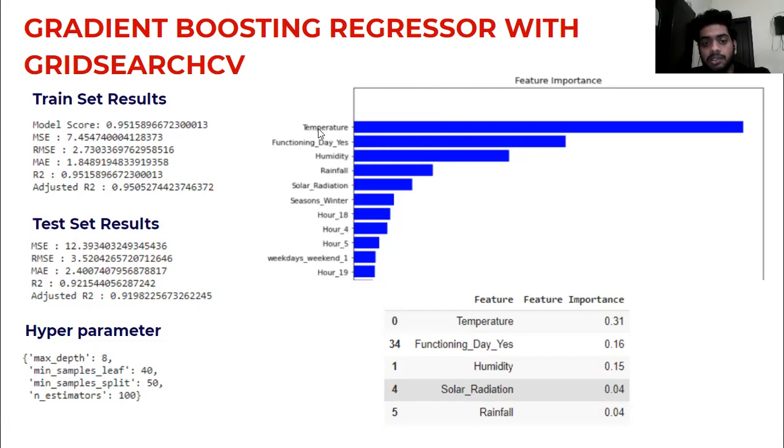Here also we see that temperature and humidity play a very important role for our target variable. In the below table we also see that temperature has an importance of 0.31 after performing gradient boosting with hyperparameter tuning using GridSearchCV.